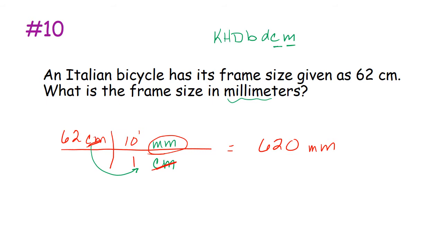Yes, we have to check our significant figures. How many sig figs are there? 2 sig figs. So how many belong in our answer? 2 sig figs. And this number does have 2 significant figures because trailing zeros do not count unless there's a decimal point somewhere. Now, some of you are saying, hey, I remember doing this and I simply just wrote a